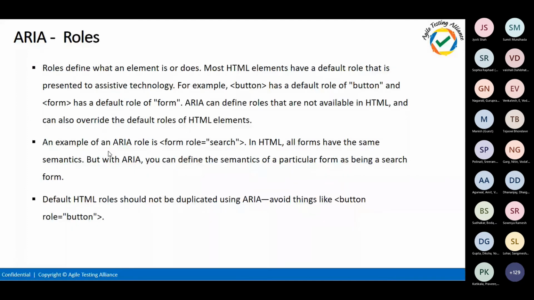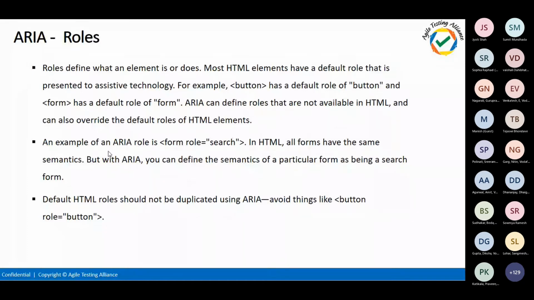When it comes to ARIA, we have three things, as I told you: roles, properties, and states. So what do roles state? Let's say you have a form and you're trying to search something from the form, then you need to mention that the form is for search.